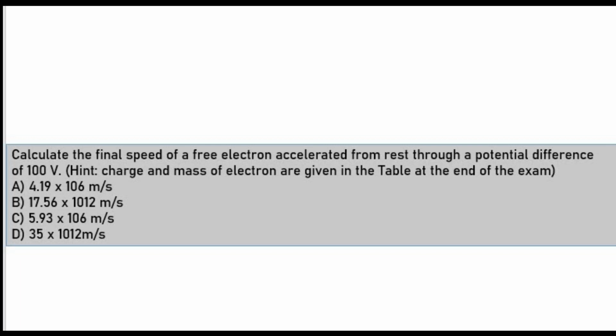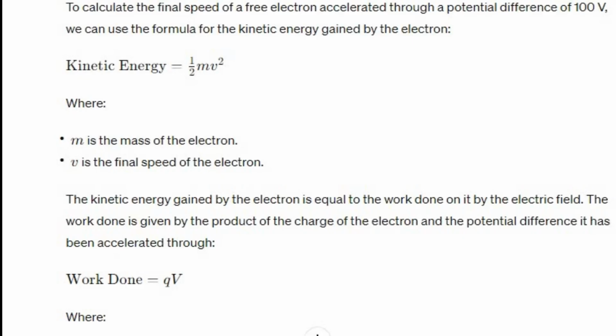C, 5.93 multiplied by 10 raised to power 6 meters per second. D, 35 multiplied by 10 raised to power 12 meters per second. To calculate the final speed of a free electron accelerated through a potential difference of 100 volts,